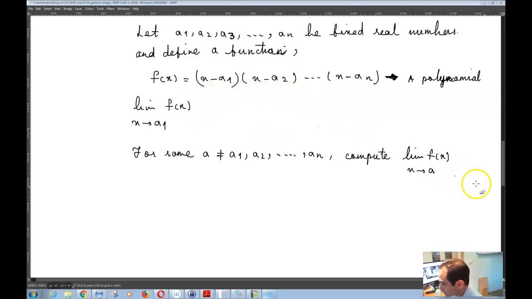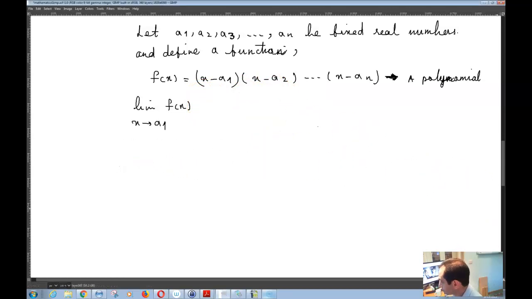So basically this is the question. Now basically what you want to do is, what is the limit of f of x as x tends to a1? So basically we said that, so now you know that these are the zeros of the polynomial, meaning that,